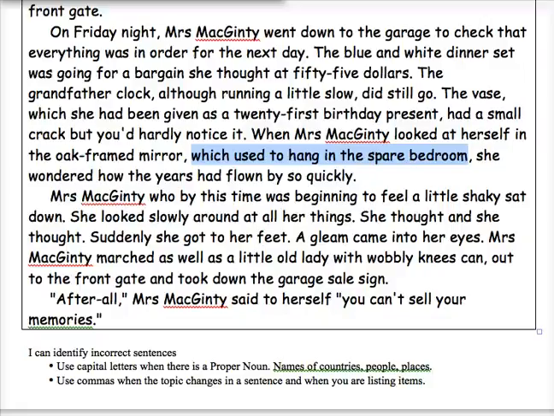Mrs. McGinty, who by this time was beginning to feel a little shaky, sat down. She looked slowly around at all her things. She thought. Suddenly she got to her feet. A gleam came to her eyes. Mrs. McGinty marched, as well as a little old lady with wobbly knees can, out of the front gate and